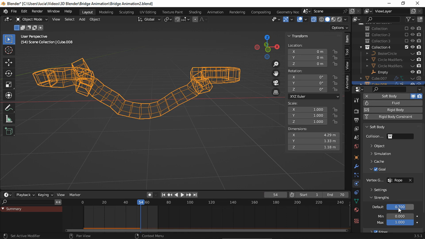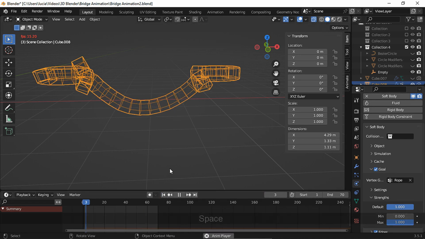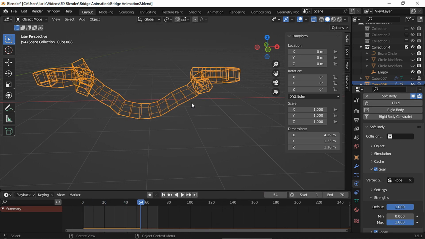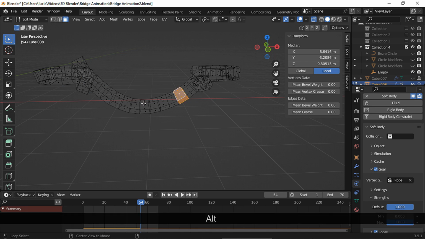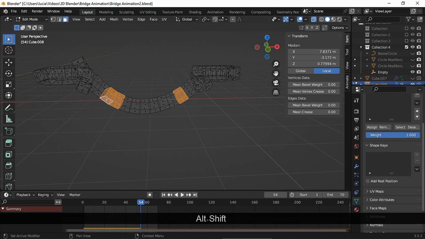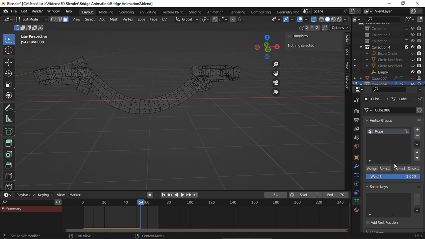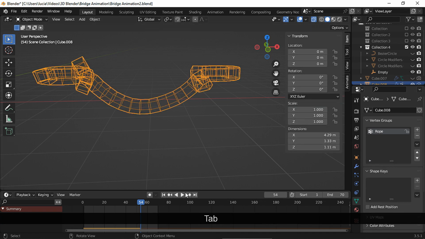And finally, I set the strength to 1, and that fixed my problem. So I removed some faces from that vertex group to add a bit more movement to the rope, and this is my final vertex group for the rope.